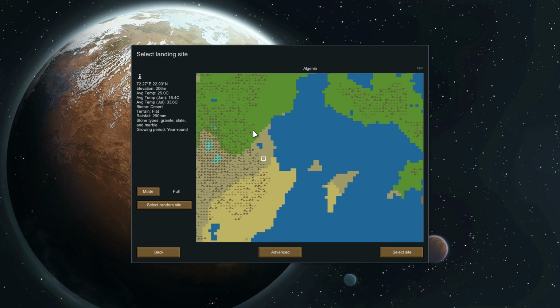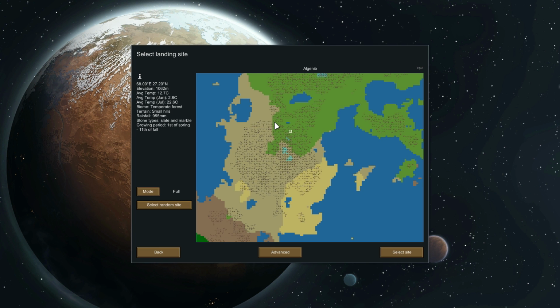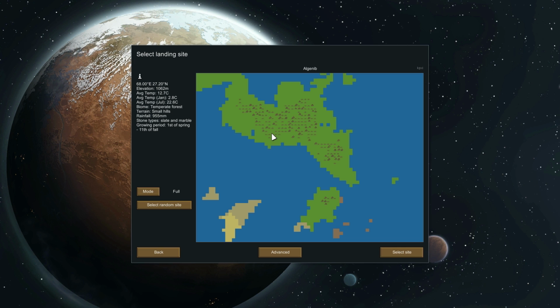If you wanted to increase the challenge on yourself, there are areas that you could definitely settle in. It would make your life a lot more difficult and make it so that you can't really rely on growing crops very well. And instead in those situations, you have to rely on hunting and kind of migratory animal patterns. Stuff like that. I will probably go with...